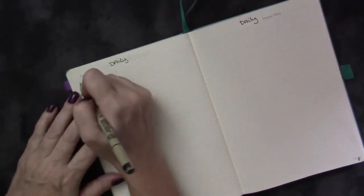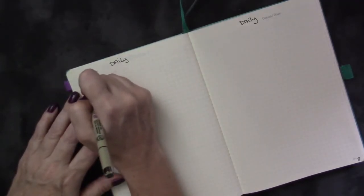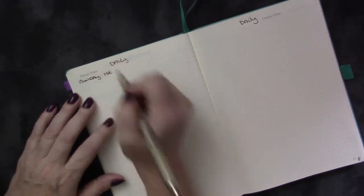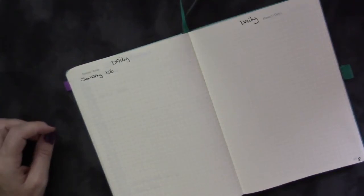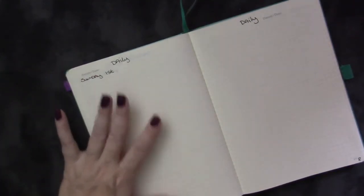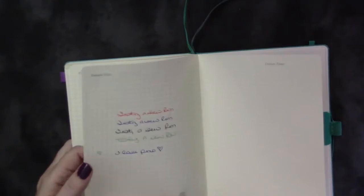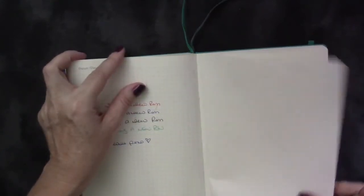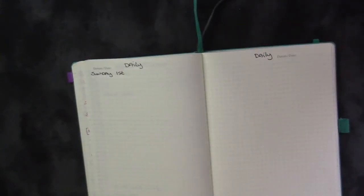And you literally write up here the day of the week. So this is starting on Sunday, and it is the 1st. And then you simply start to log what you need to get done that day. Now this is where we're going to take a pause. Here's my testing pages back here. So we're going to take a pause here and look at the